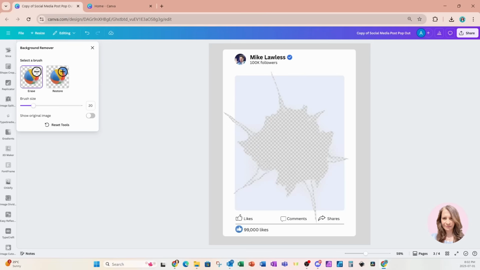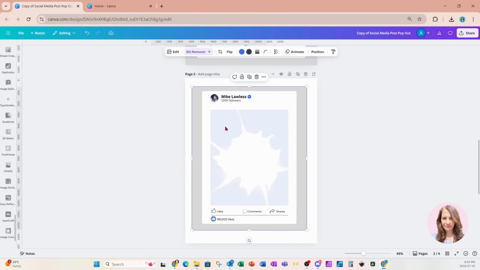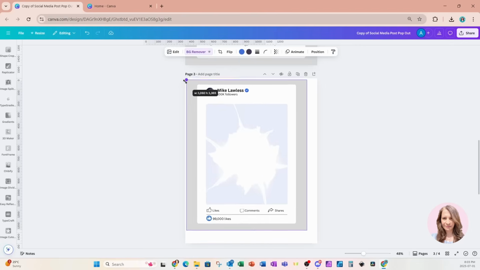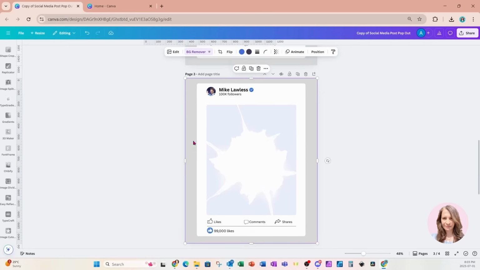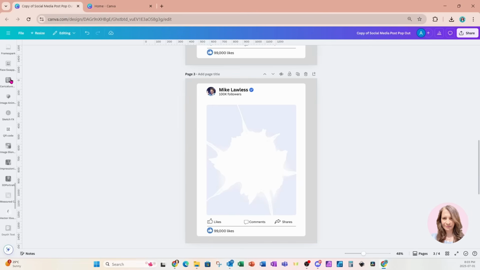You just need to be very careful that you're not coloring outside the line. So that might require you to make your brush size a little bit smaller as you're moving through doing this. And once you're happy with your results, you can just X out and go back to your workspace. Now, I'm not going to make this my background, but I am going to stretch it out so that it covers my whole page. What we're going to do now is we're actually going to go back to our elements